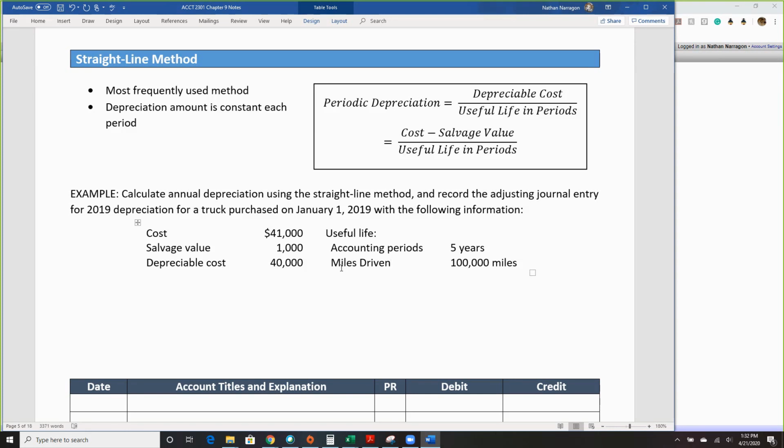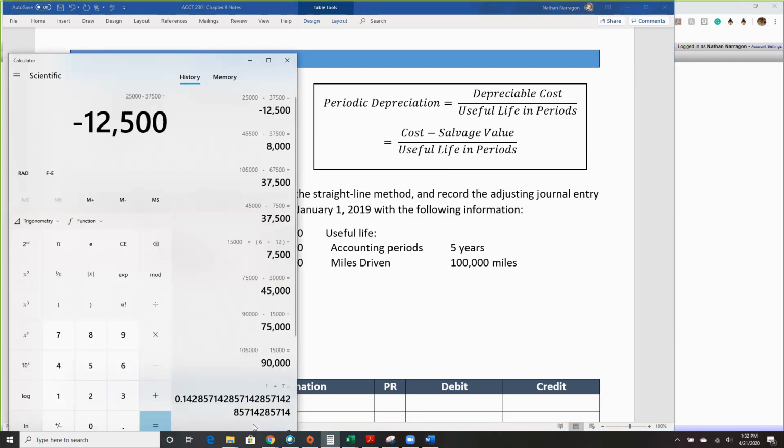Alright. So with this, we need to use a formula to calculate how much depreciation for the year. And again, this is going to end on December 31st. We purchased it on January 1st. So using our calculator,